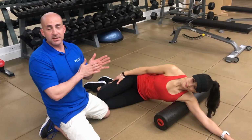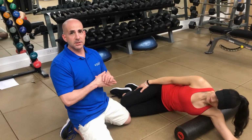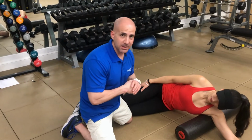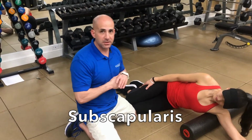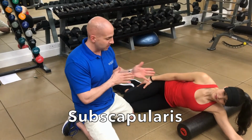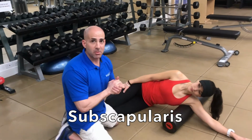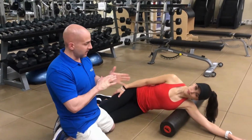We're going to get through a few self-myofascial release techniques using the foam roller. First, we're going to start with the subscapularis muscle. It is a very powerful muscle, and if too tight, it's going to restrict the shoulder and also the neck from proper motion. So Carolina is just side lying on her left, pretty much almost her armpit area, and just